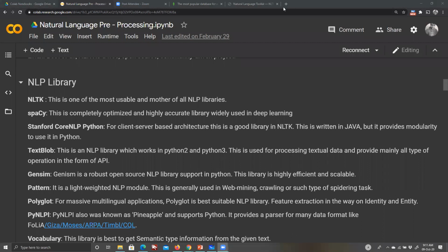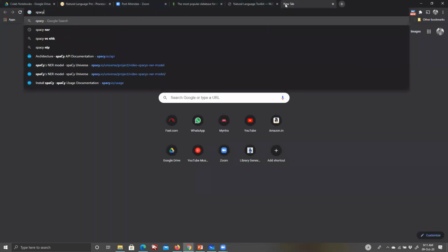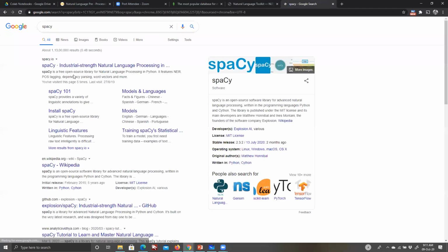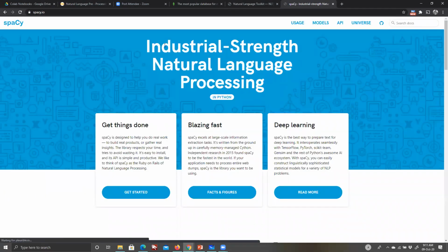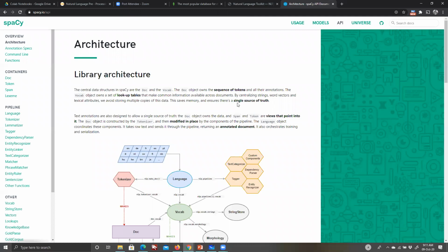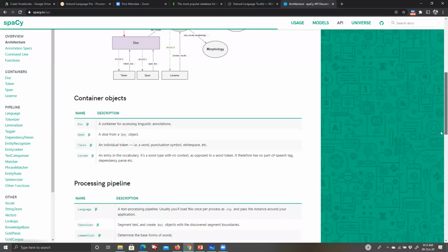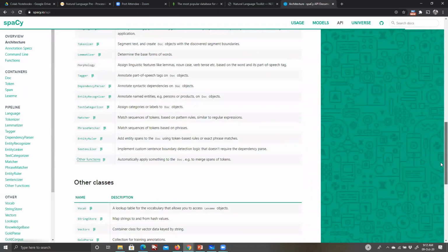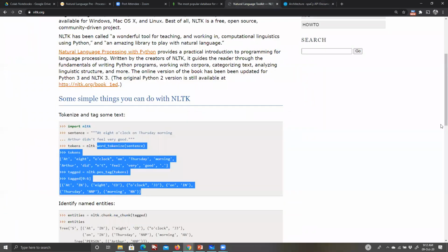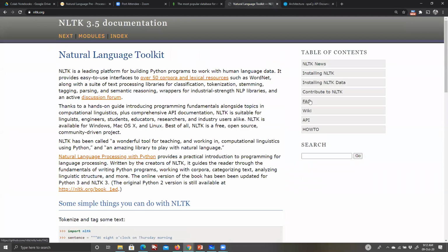NLTK is definitely amazing, but especially around neural networks, I have found spaCy is far better. If you want to try something more on the side of neural networks, or want to use an API-based approach a bit more, then you can look into spaCy. I personally find spaCy a very good library to work with, and it's pretty nice. The documentation is also given in a very lean fashion, which I personally admire. The NLTK toolkit is again amazing, though the documentation is something they could have done a better job on, at least according to me.